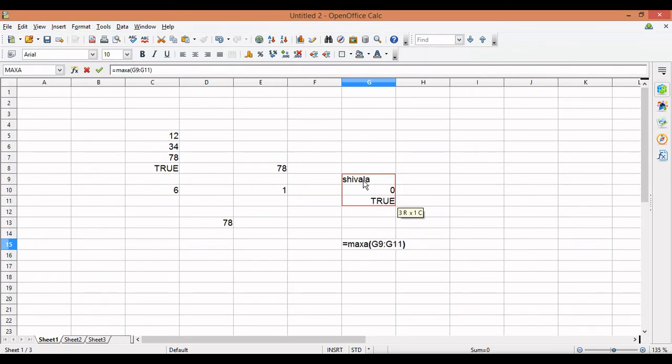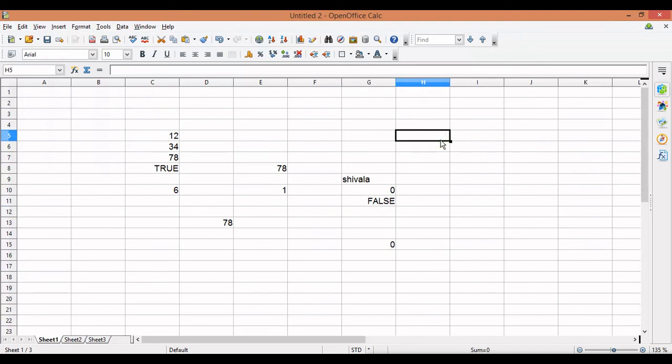Text will be treated as 0, 0 is 0, and TRUE will be treated as 1. So if I press the Enter key, as you can see, we get 1. Now MAXA means it will consider the text as 0. Now if in place of TRUE I change it to FALSE, as you can see, we are getting the answer as 0, because this is also 0, this is also 0, and this is also 0.